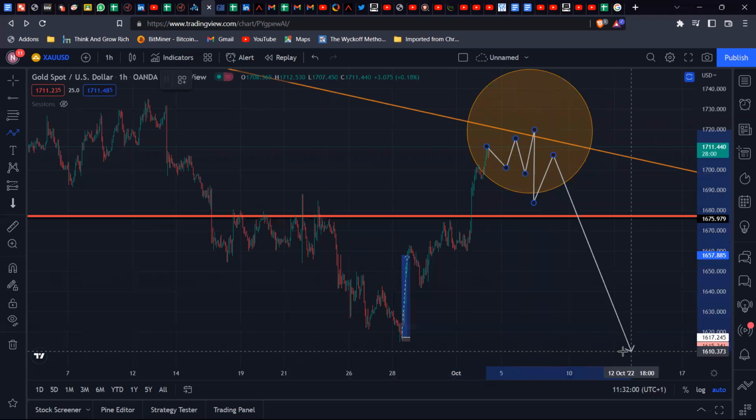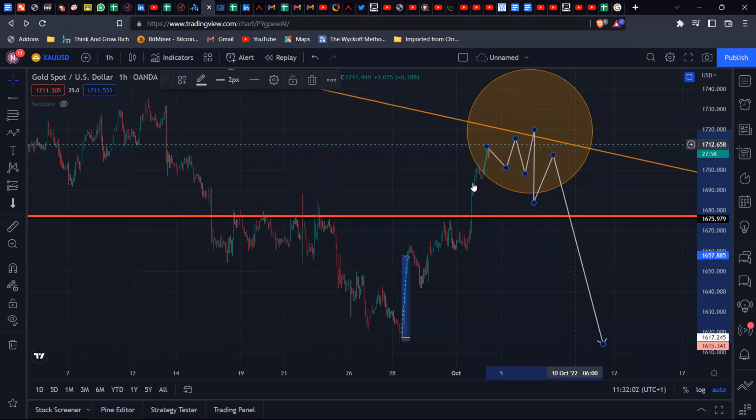So basically what I'm looking for now is either a price structure to allow me to continue to sell this, or for price to break above. I'm actually not looking for price to break above. If it breaks above, fine. I'll start trying to see what it means in the overall grand scheme of things. But for right now, I would just want to keep